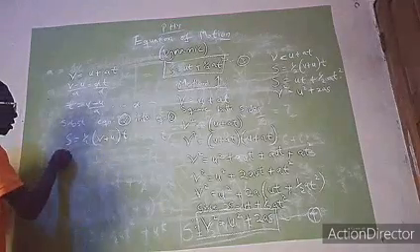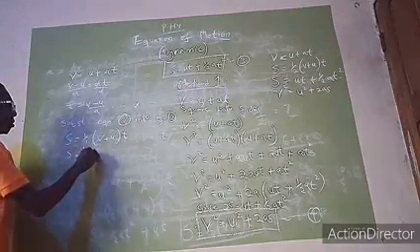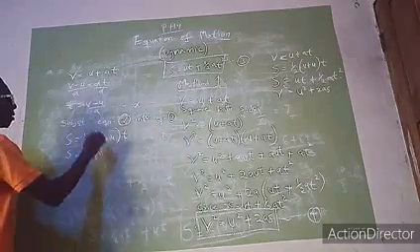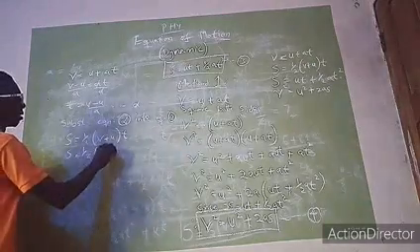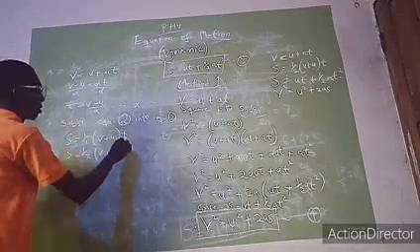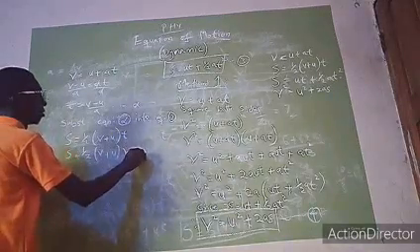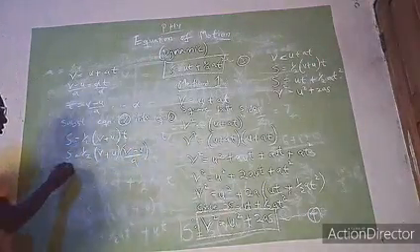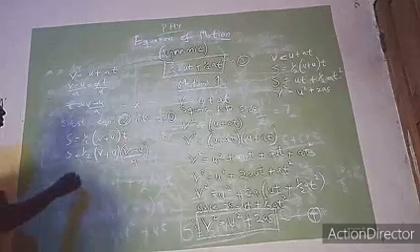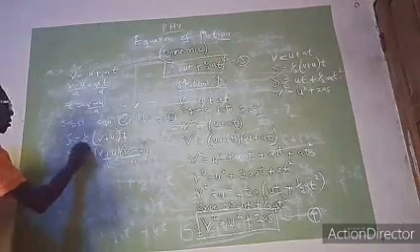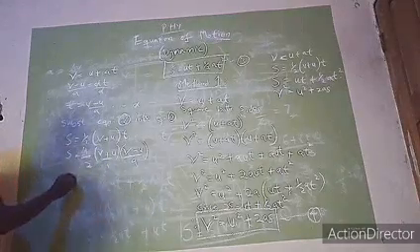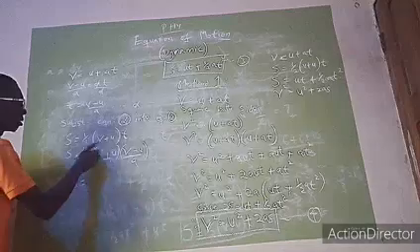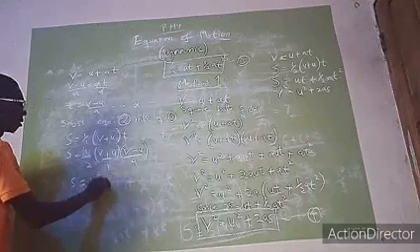So let's substitute. My S will be equal to 1 over 2, V plus U. What's my T? My T is V minus U over a. So I can say, let me unlock the bracket. This is over 1. This is 1 over 2. So let's unlock. So my S can be equal to